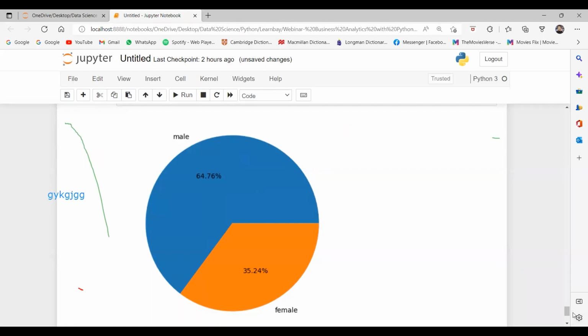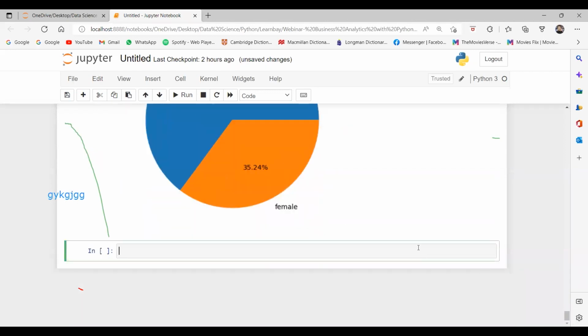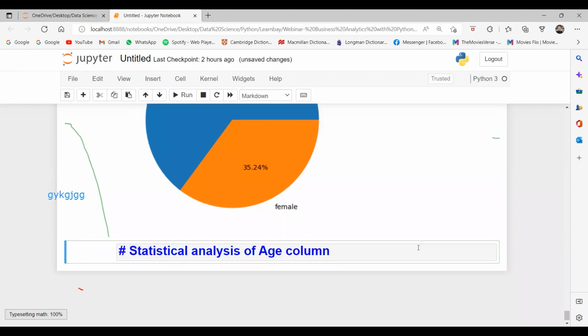Okay. For example, we want to check the statistical analysis of the age column.